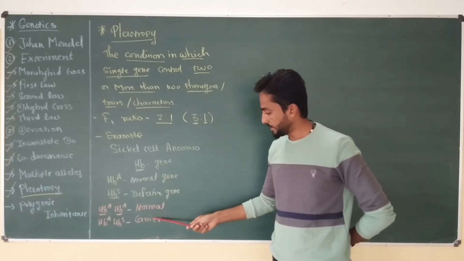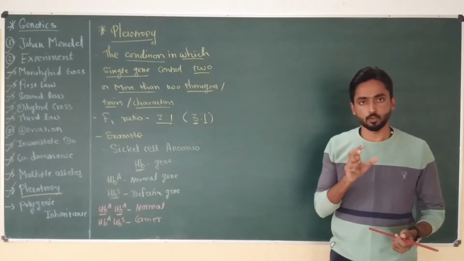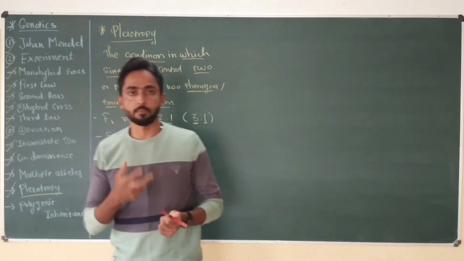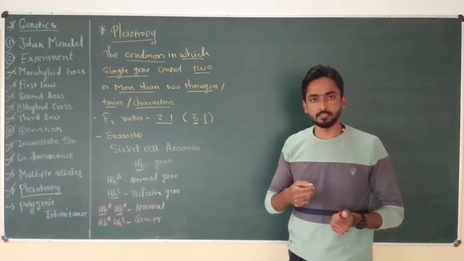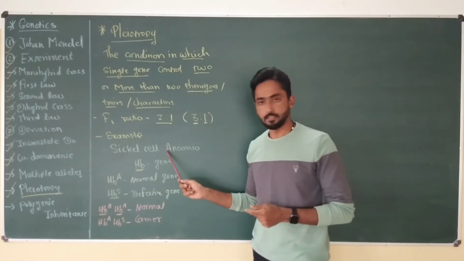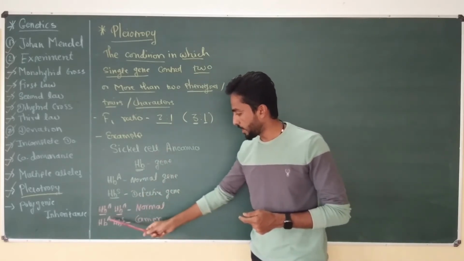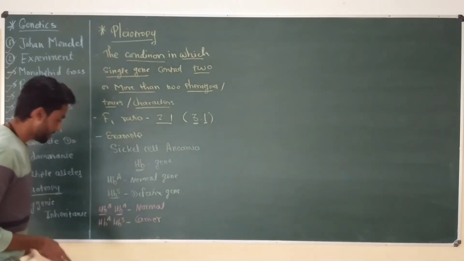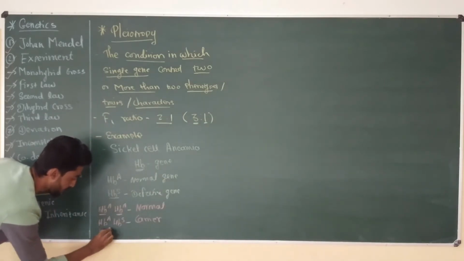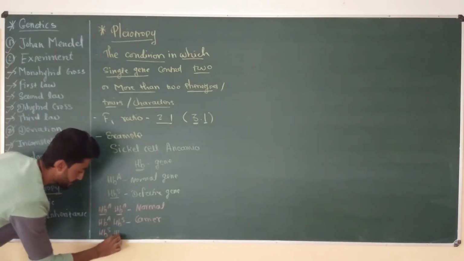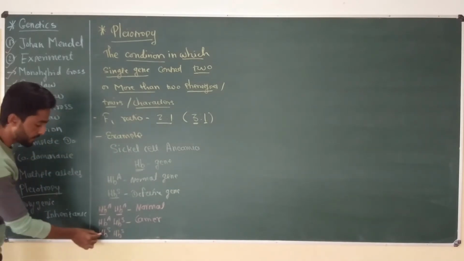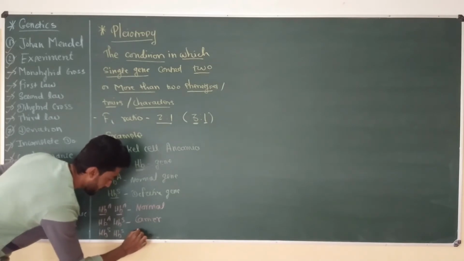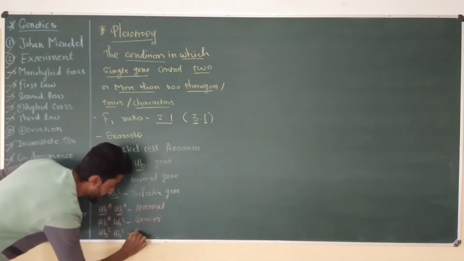Okay, so normally these carrier type of persons do not show any symptoms of sickle cell anemia, but at a high altitude when climate contain less oxygen, in that case they start developing symptoms of sickle cell anemia. Okay, so carrier always going to have HBA, HBS type of a genotype. And last is if the person receive HBS or defective gene from one parent and same gene from another parent, then the genotype become HBS, HBS, and in that case the person develop fatal or serious sickle cell anemia.